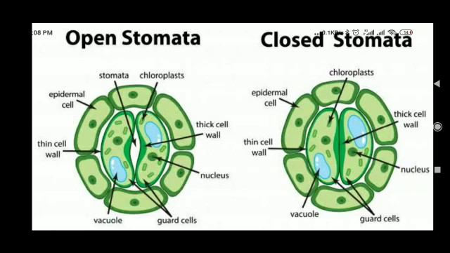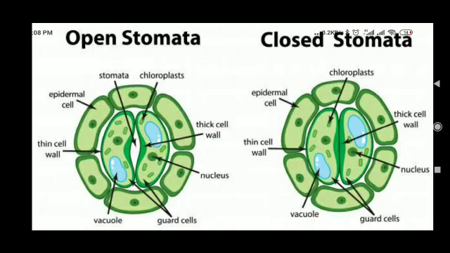The bean-shaped or kidney-shaped guard cells are basically used to regulate the open and closed stomata. In monocots, the shape of the guard cells is dumbbell shaped, but in dicots, the shape of the guard cell is kidney shaped. So stomata are the tiny pores present on the surface of the leaves, and they are mainly responsible for transpiration and gaseous exchange.